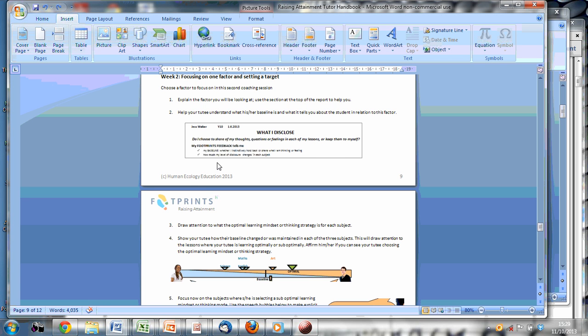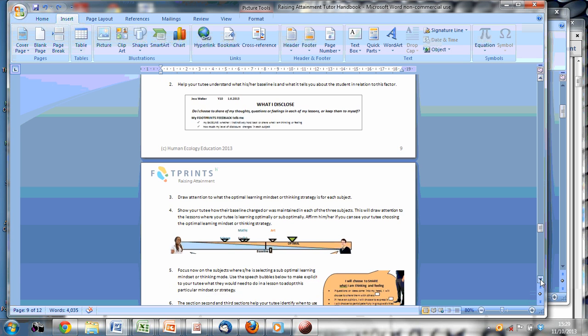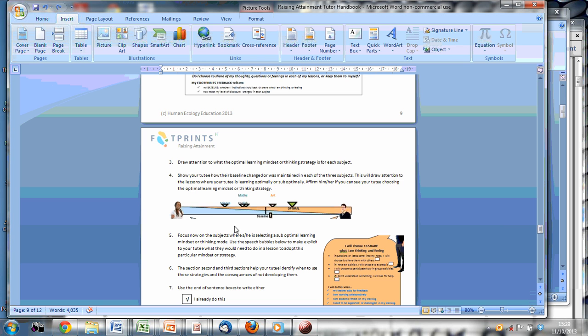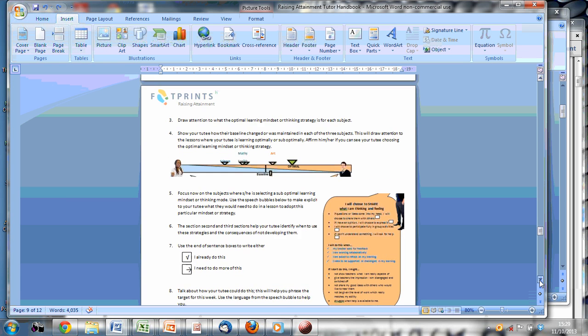So let's imagine that you've decided that disclosure is the factor you want to focus on. You're going to explain why you're focusing on that, and you're going to be helping them to understand the scale. So what their baseline is, and then what their subject-specific scores are, and what the optimal score is for that particular subject. You're going to be helping them to focus upon, using the speech bubbles,